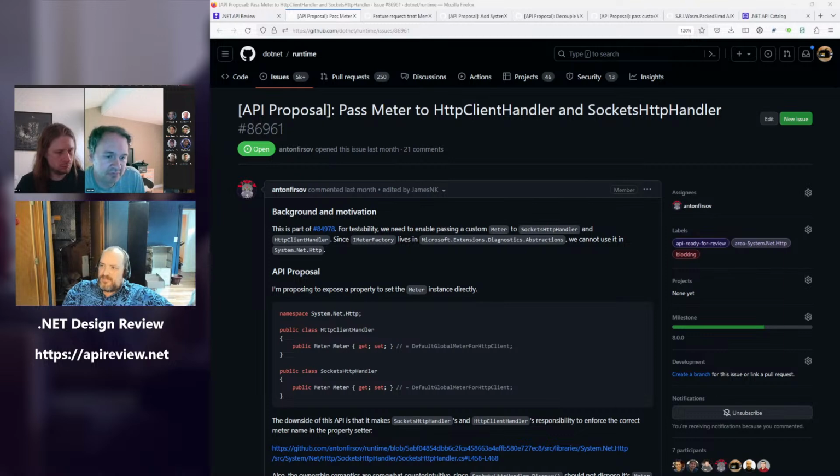So it can't just forward its meter down to those other things because they expect one that's a different meter. So I get how that would work with an IMeterFactory because it just passes the IMeterFactory down and the thing queries for the meter that it's supposed to be using. I don't understand how that works or will eventually work with Meter.